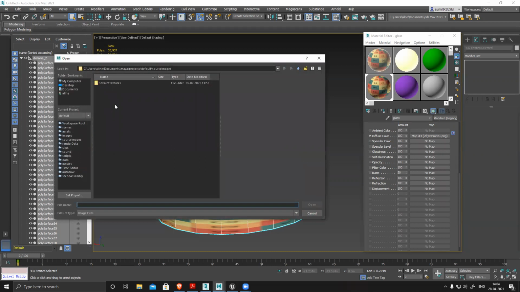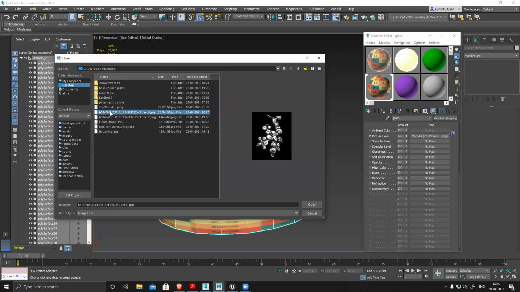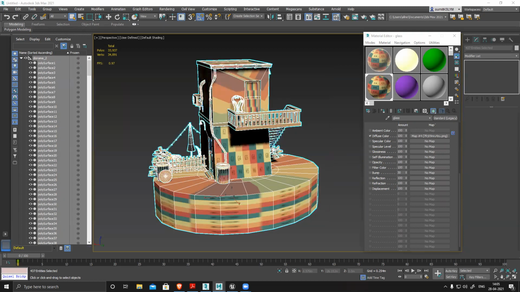Yes, that house. Within polygons, like within 30,000, that should be good enough. Okay. No problem.